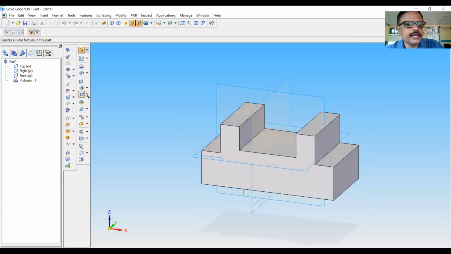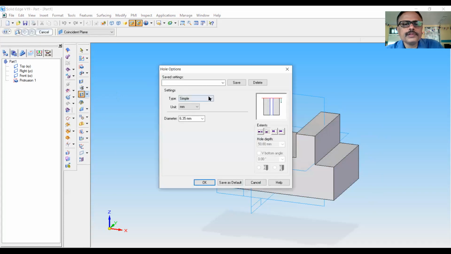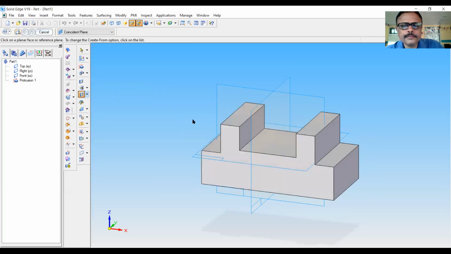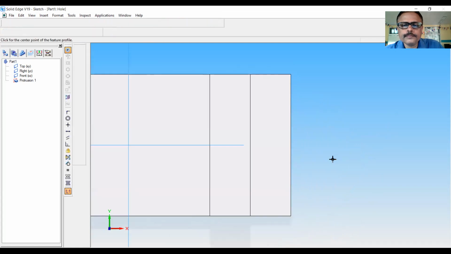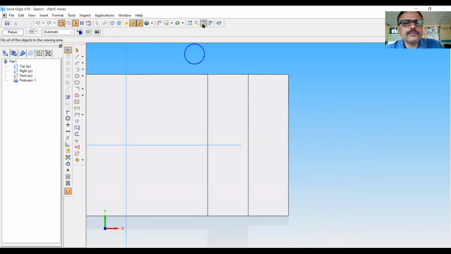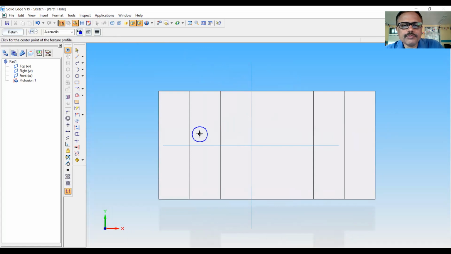There is a hole option here. Click on hole. Click on the hole options dialog box. It is a simple hole and the diameter of the holes is 10 mm. Press enter. Now you have to click on the surface where you want to get the holes. So I am again in sketch mode.